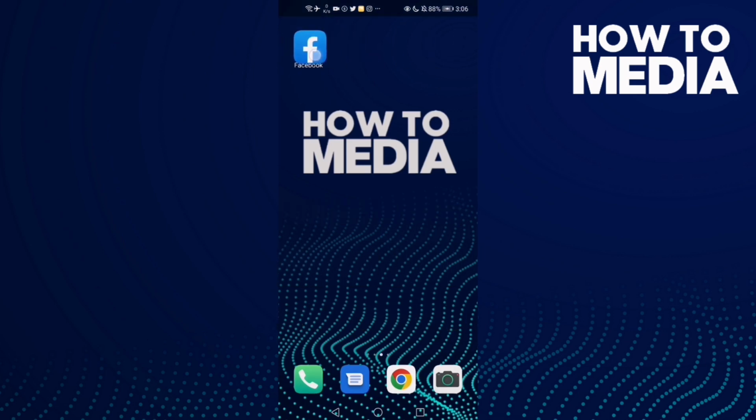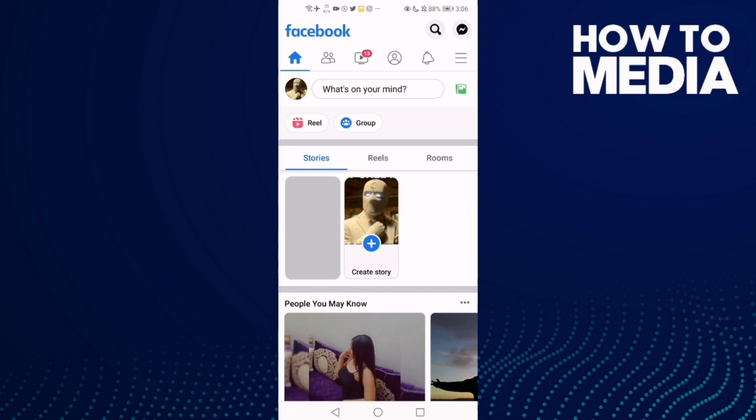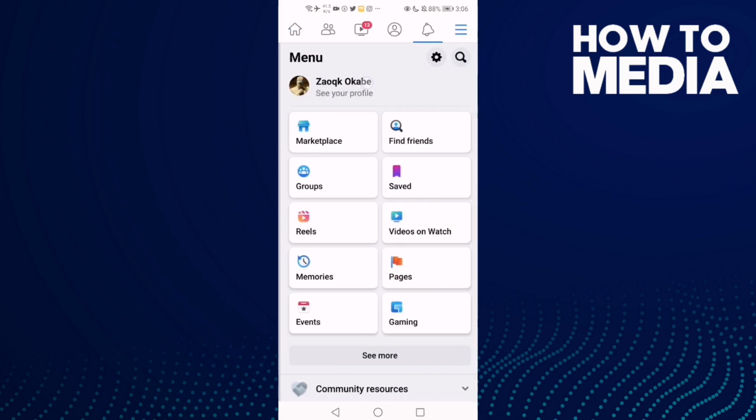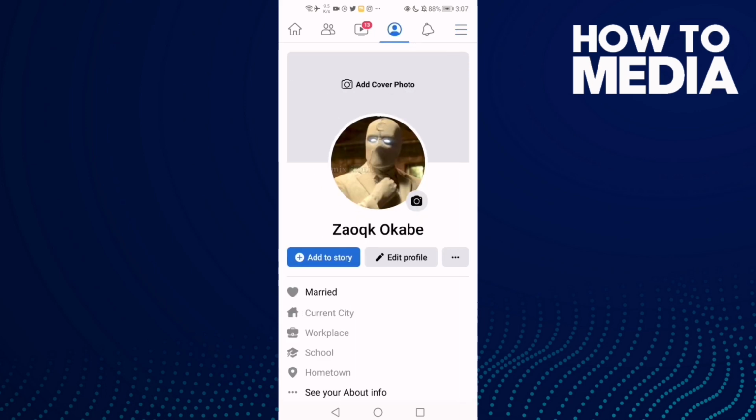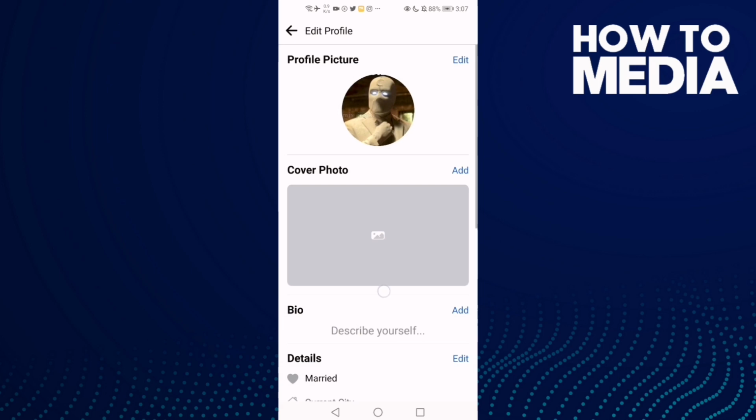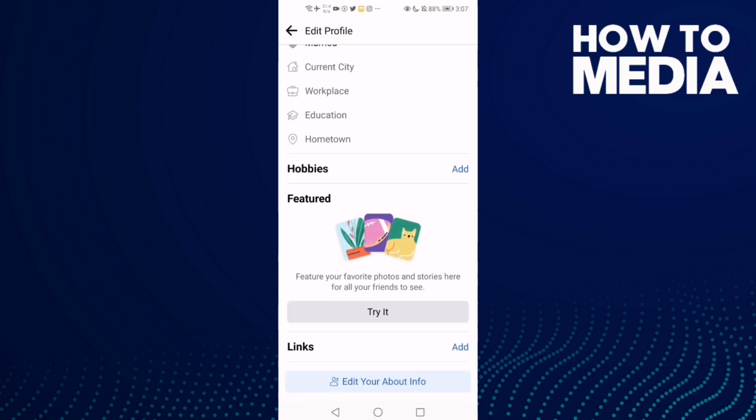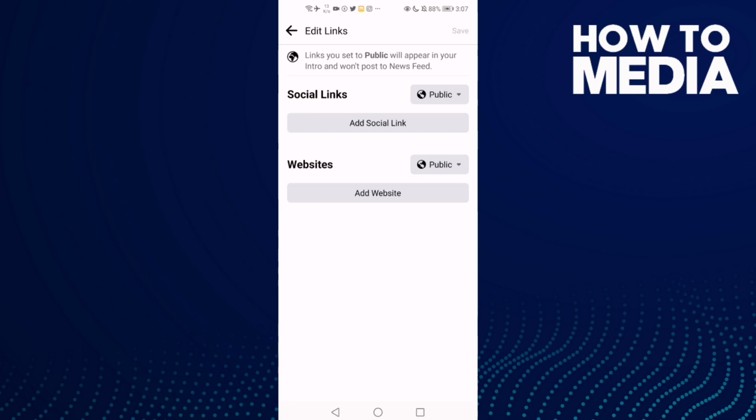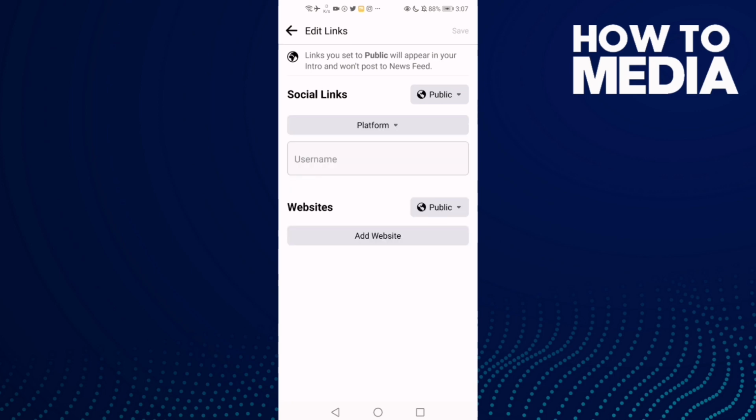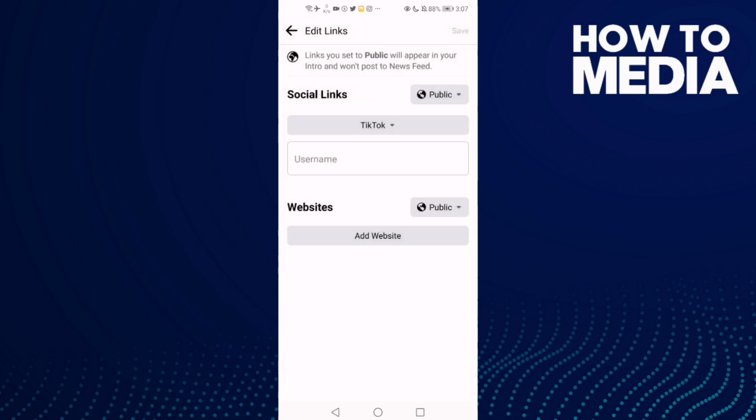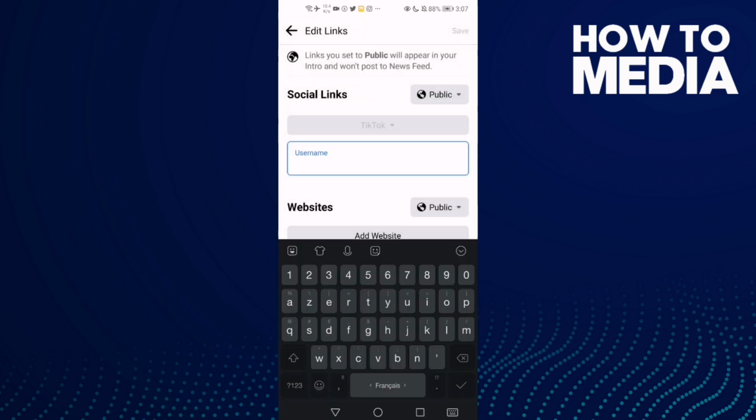First thing, go to Facebook and now click these three lines here in the top corner and then click on your profile and then click edit profile and here just click links, add and click add social link and click platform and select TikTok and here add your TikTok username